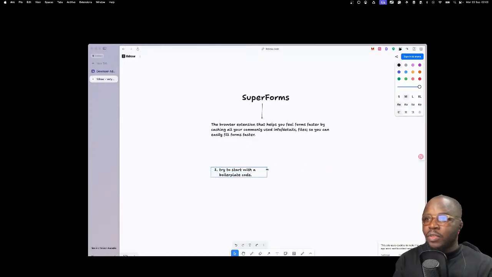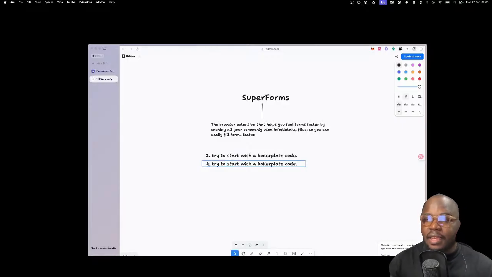And what I mean by boilerplate code is, we usually have these online. They call it starter code that somebody has prepared together and it's ready for you to use. So try to start with boilerplate code so that the AI has something to work with, and you don't have to worry about the architecture and putting everything together yourself. Something as simple as the create Next.js app CLI that creates the starter project is boilerplate code, right? It's helping you do things faster.